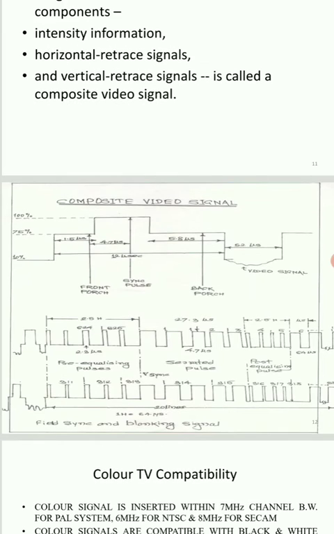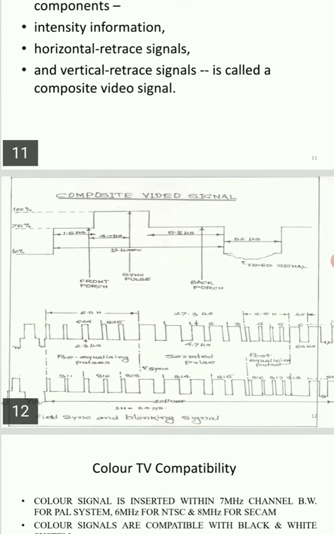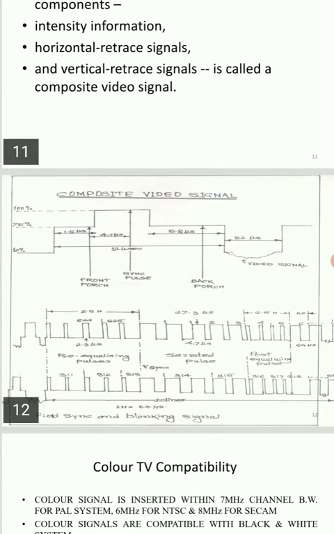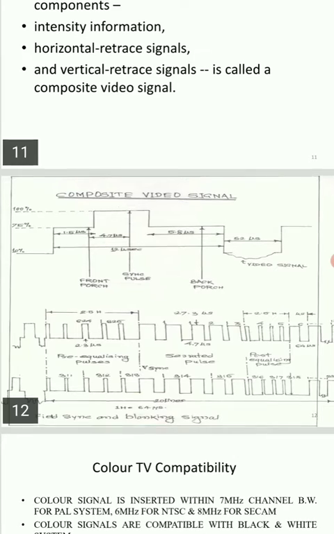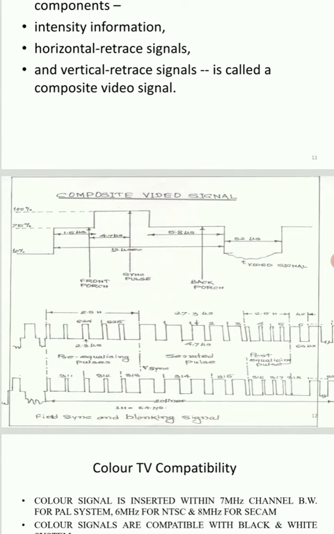Here you can see the diagram for the composite video signal, with different brightness levels. On the y-axis they have given the composite video signal amplitude, and on the x-axis they have given time.